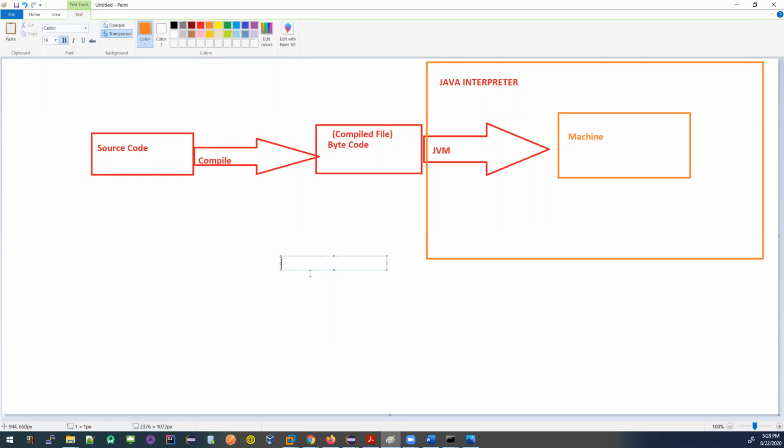So if you want to go deeper into how JVM memory works, I would say you can search online to get some ideas, but I would not say you should spend too much time on understanding those things. Just have the high-level overview, get the idea of how it works, and that's what you need right now. But this is an important concept: how the flow works from source code, compiled to bytecode, to the Java Virtual Machine, interpreter, and machine. You should have a clear idea of this.